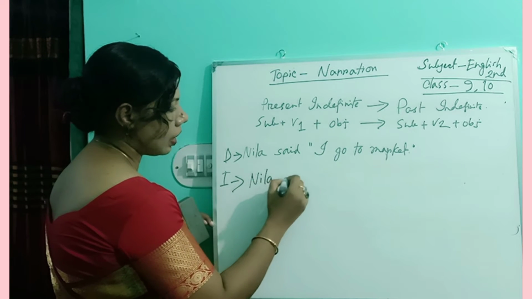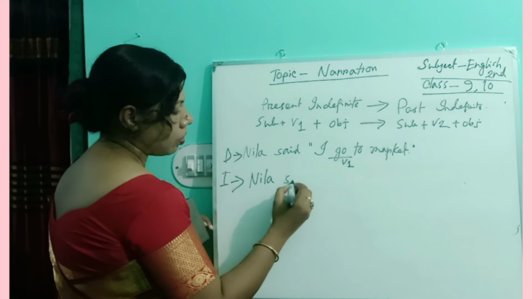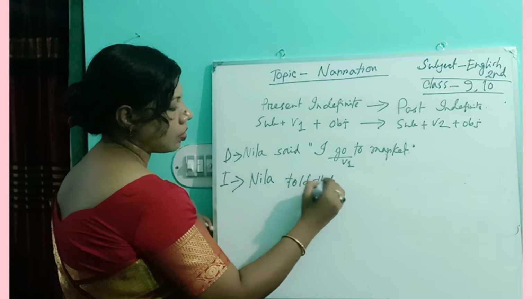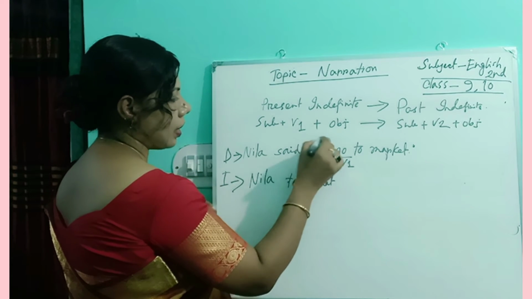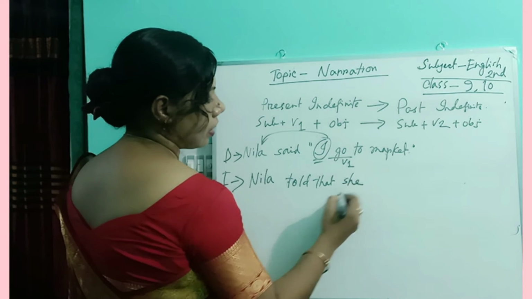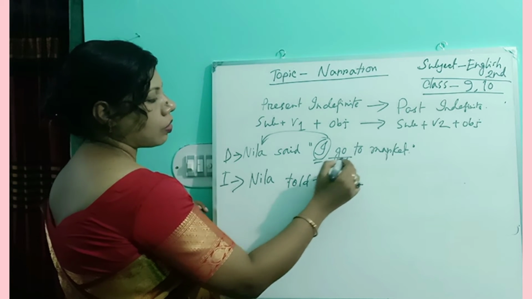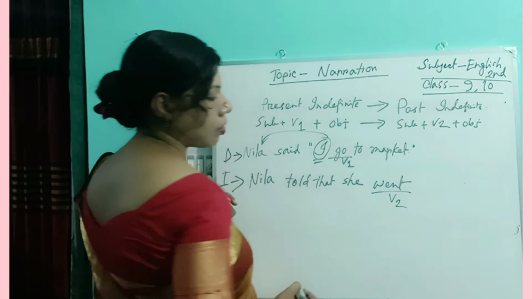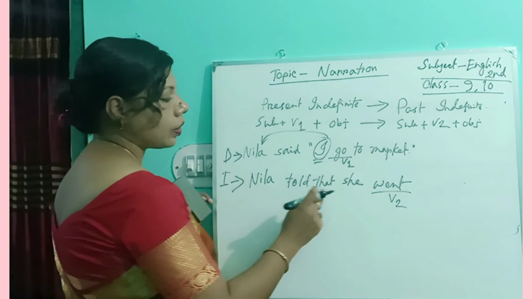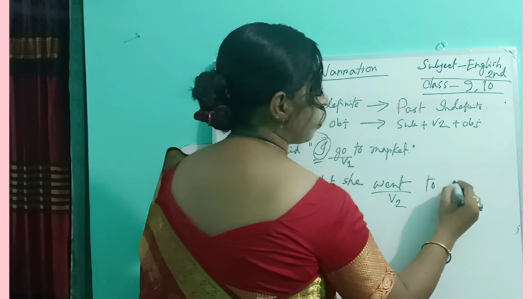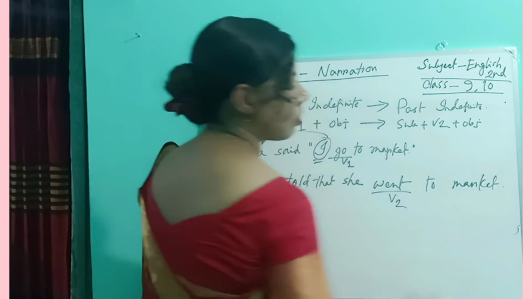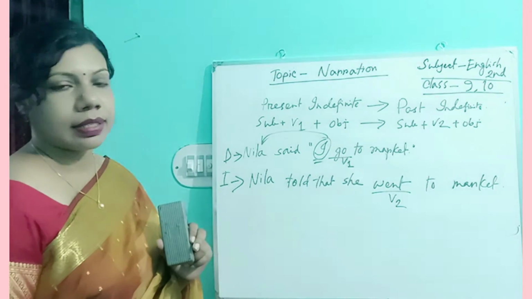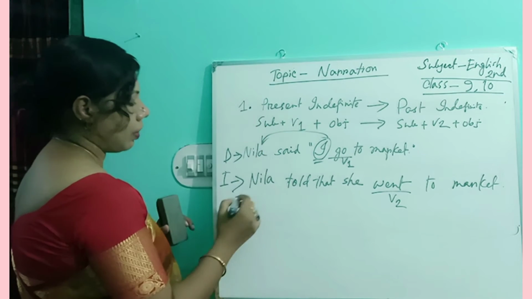So we can write Neela told that. The person will obviously be changed. This I is Neela, so we can write here she. This is verb 1, so verb 2 is went. So Neela told that she went to market. She went to market. This is number 1. And number 2,